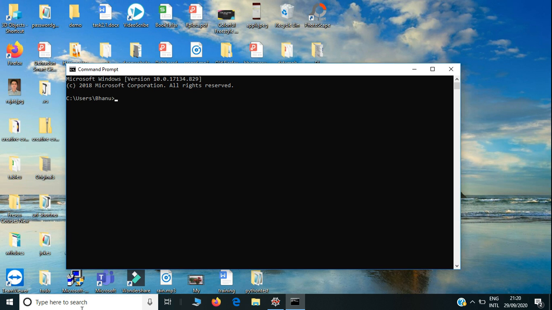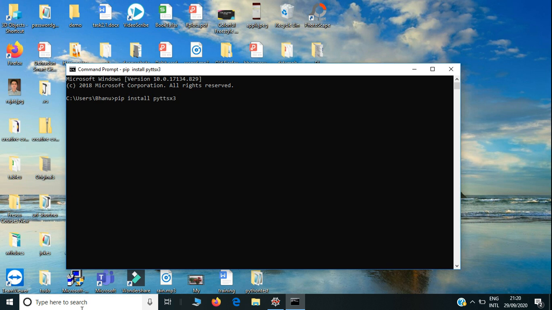So you can just type cmd in the search menu and open the command prompt, and you can type the command pip install, and you can give here the library name, that is pyttsx3. It is Python text to speech 3, and hit enter. For me, the library is already installed, so I think it will show that requirements already satisfied.